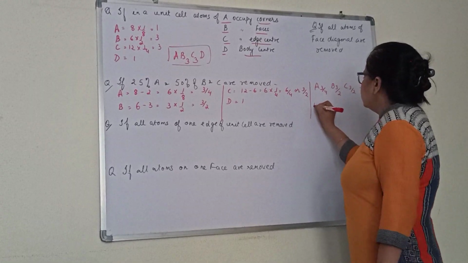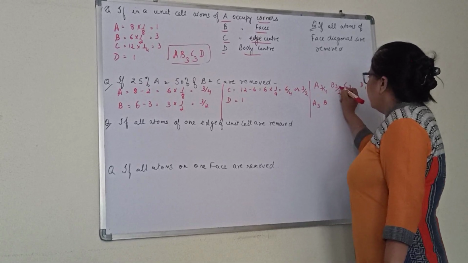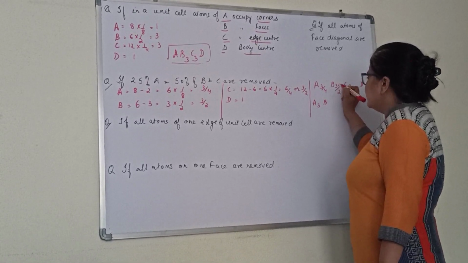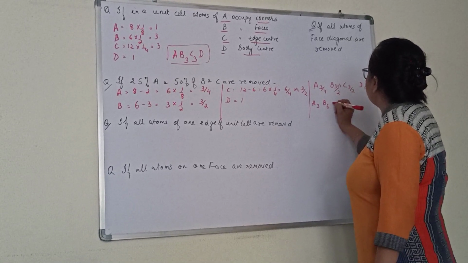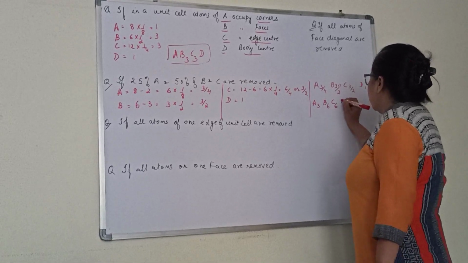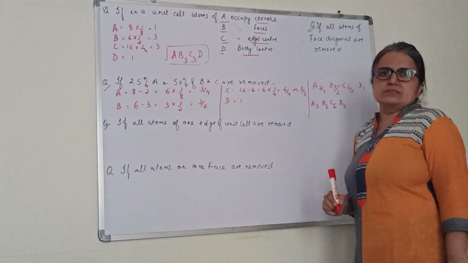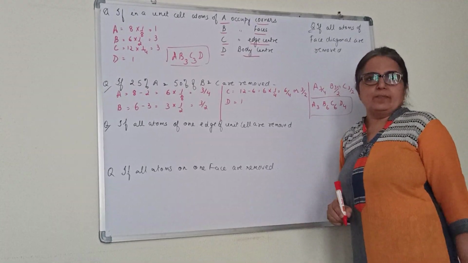If I multiply this, what will I get? A 3. B, if I multiply this with 4, what will I get? This into 2. You will get this as 6. This you multiply by 4. That means this also you are getting as 6. This you multiply by 4. You will get this answer. Clear? So this will be the formula of that particular compound.